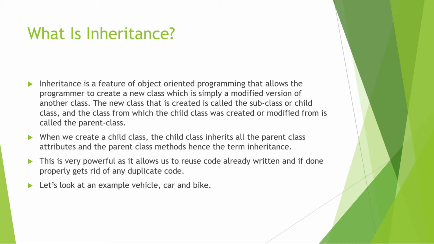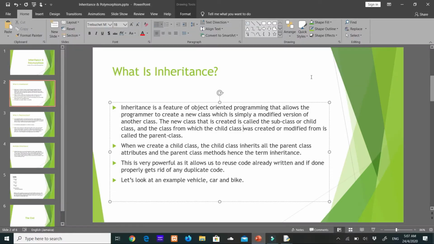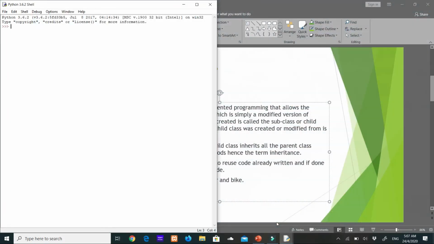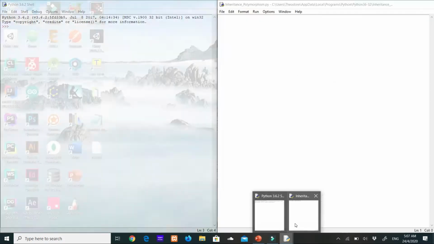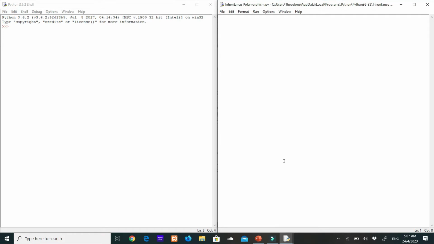Let's look at some examples. In this case, we're going to look at a vehicle, car, and bike. So let's jump into some code and begin. So I'm going to start by bringing up my shell and my script. So we know that